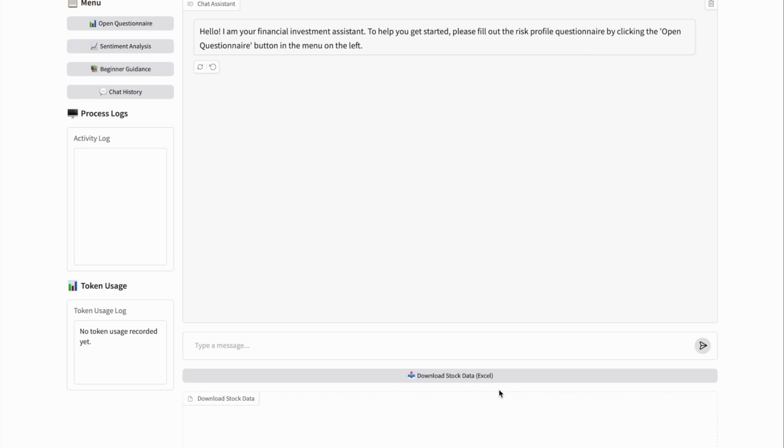Today, we are pleased to present INVESTAI, a smart assistant designed to help users make informed financial decisions. Upon launching the app, users are greeted by the main chat window, the central hub for interaction. A side menu on the upper left provides access to key features: open questionnaire, sentiment analysis, beginner guidance, and chat